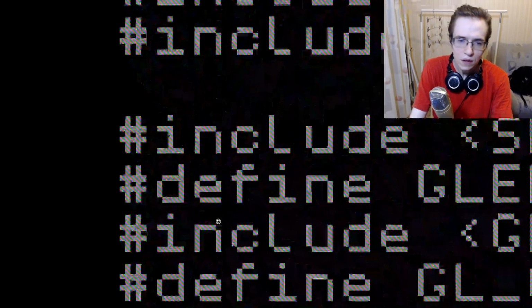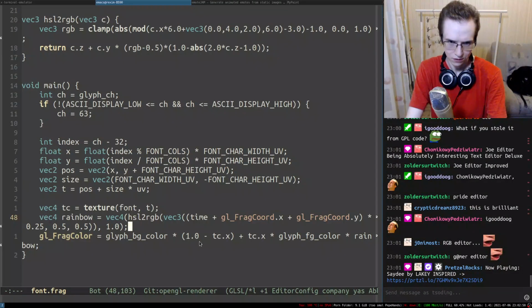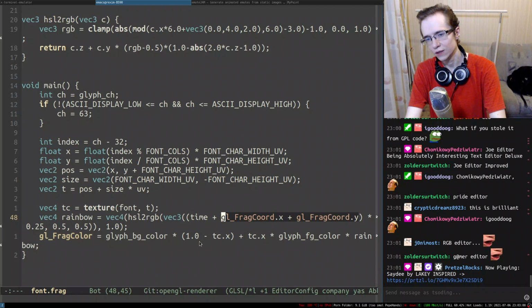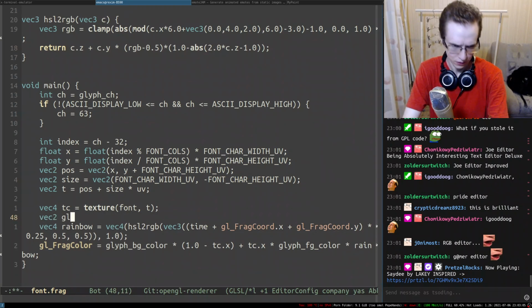And okay, I see. It's just very, very fine. Maybe because of that, we can actually use something like vec2 fragUV, right? And gl_FragCoord divided by resolution.